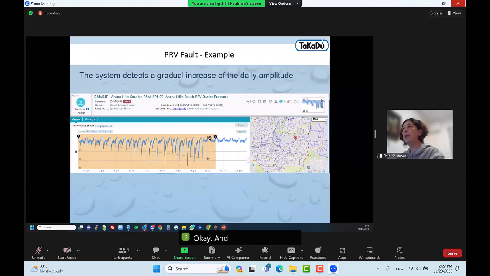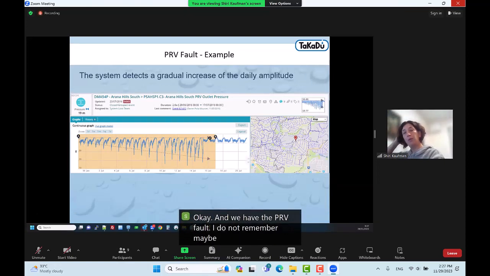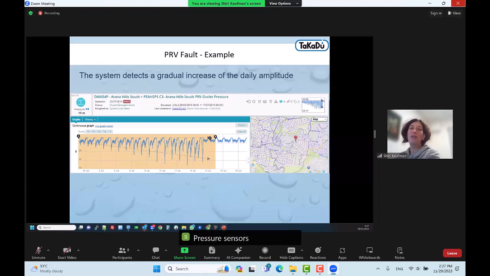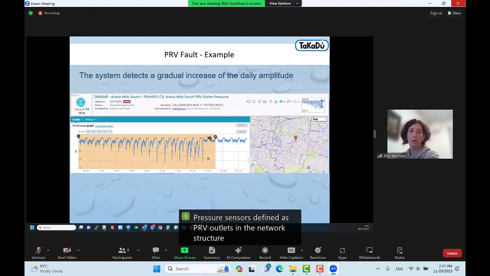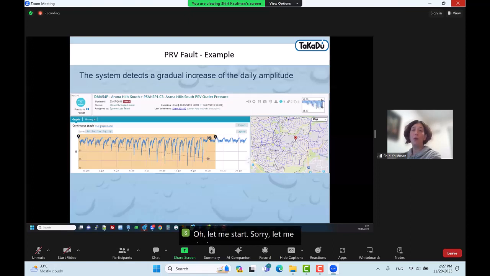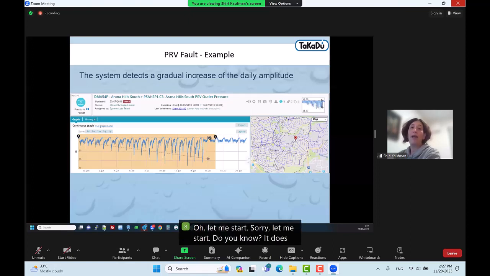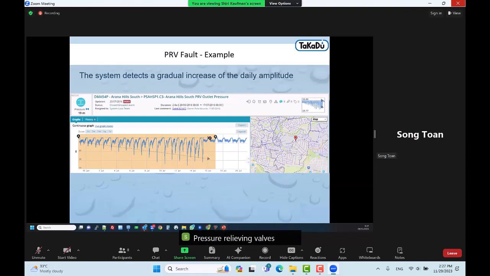And we have the PRV fault. I do not remember, maybe Tuan or Nam, do you remember, do we have any pressure sensors defined as PRV outlets in the network structure? Let me start. Do you know, does Tawako have any PRVs in the system? Pressure relieving valves? I think they have pressure valve,